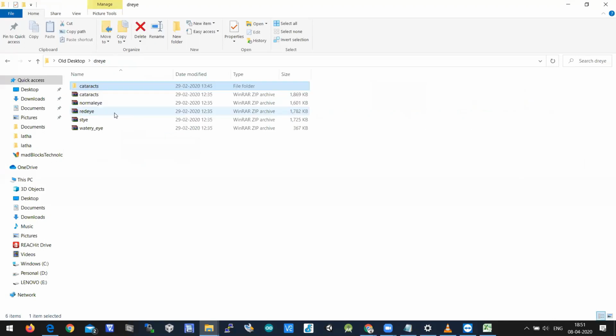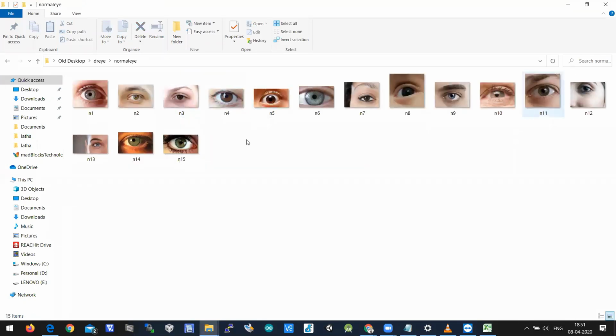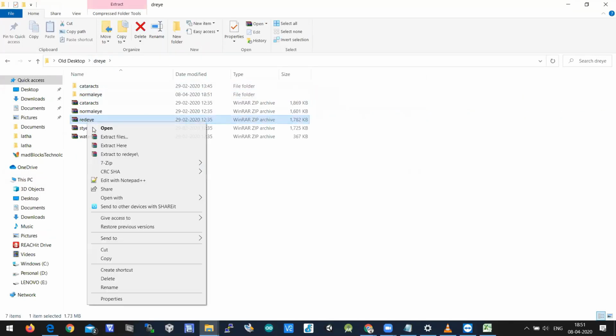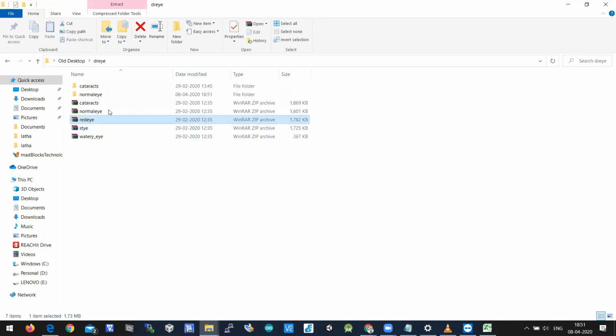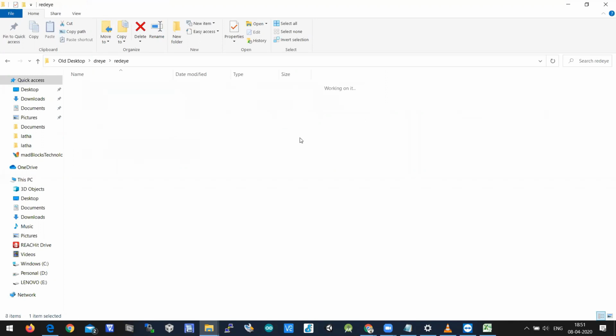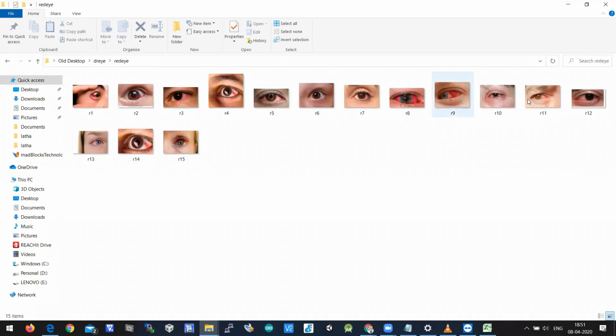In a similar way, there are various zip files here. This is the normal eye, which means the eye is not suffering from any disease. And then there is red eye. This is also a disease that people in majority parts of India suffer from, where one portion of the eye will be red.